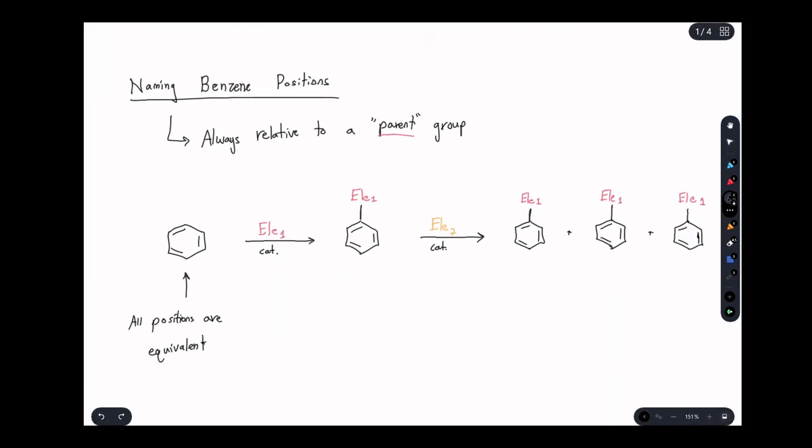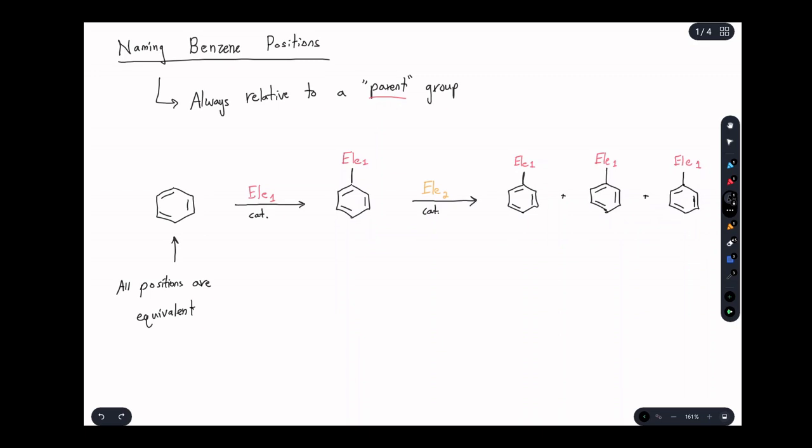To delve a little deeper, let's quickly talk about naming these different benzene positions. So initially, as I mentioned, unsubstituted benzene has all the positions as equivalent. Where you add this first electrophile, whether it be a Friedel-Crafts alkylation, acylation, nitration, whatever it is, doesn't matter. However, once we want to add a second electrophile and we're producing a disubstituted benzene, now we actually have three distinct options. The electrophile can move to this position,